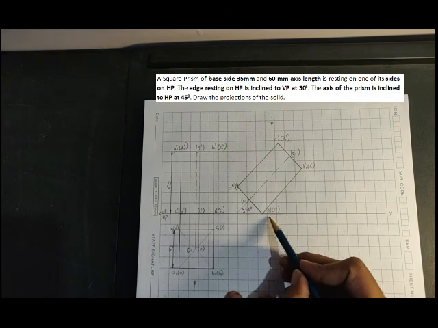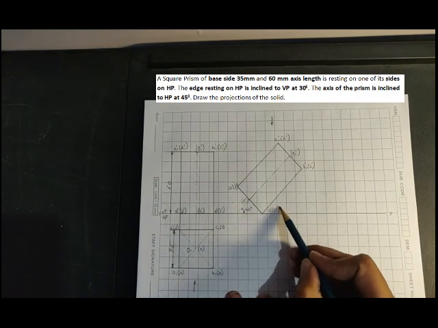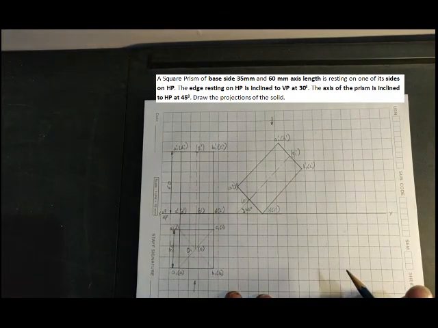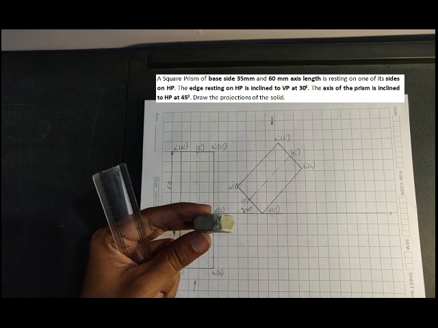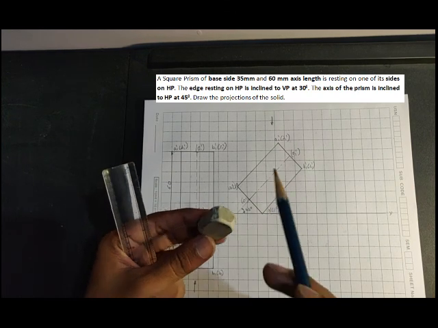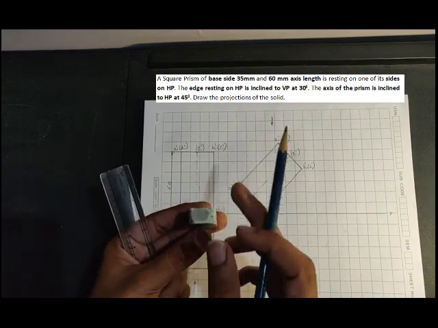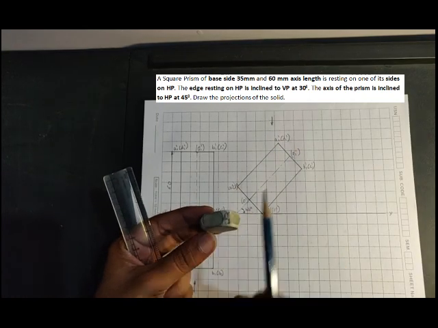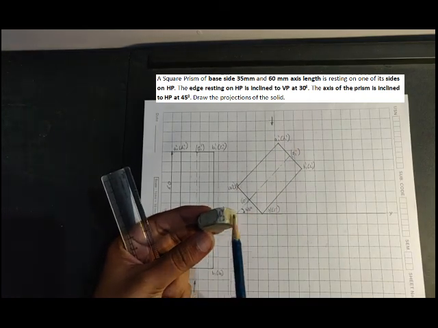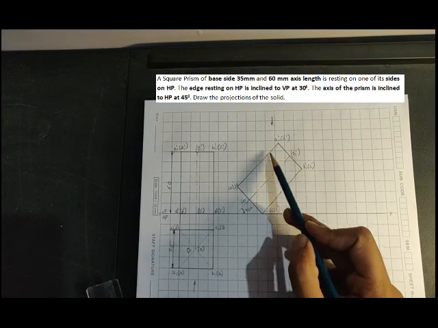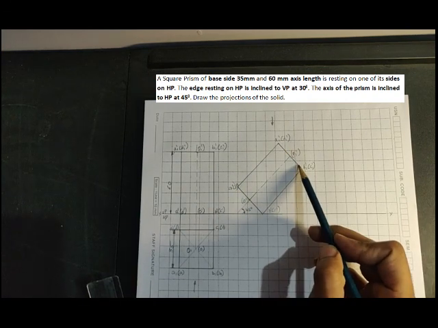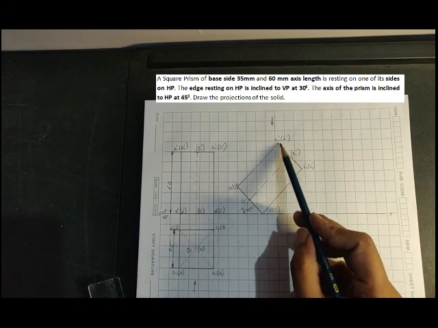So any line joining these 2 points is hidden line, which is not visible. Mean to say, I have this, I'm going to rotate this way. Okay, this way. Now the top view looks this way for your prism. So I place this way, this becomes the top view for you. When I rotate this, I can see this surface, I can see this surface, right? I cannot see any other surface apart from this, right? So basically you can see this line, right? And along with this you have something called as A dash, D dash.